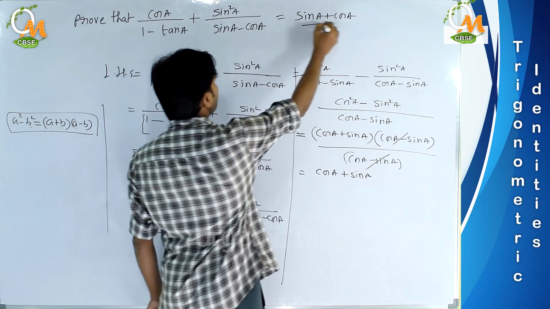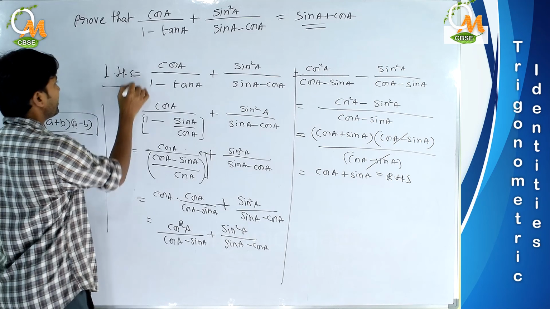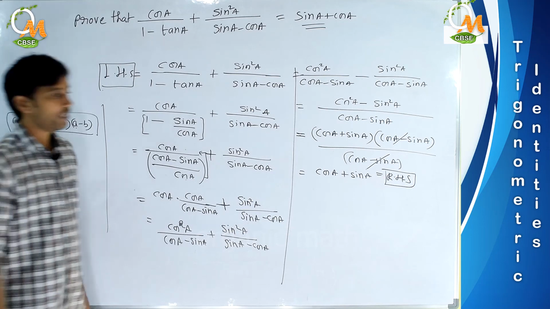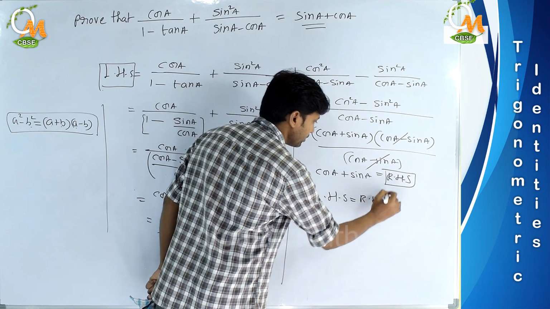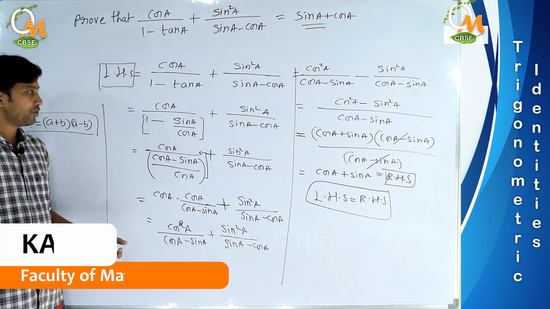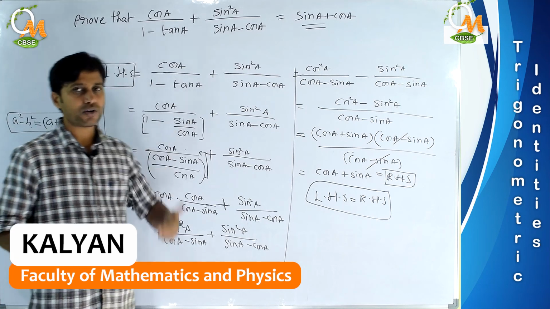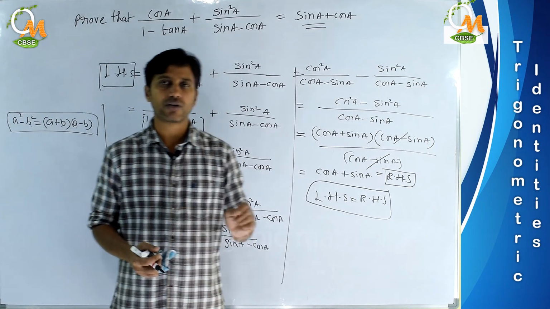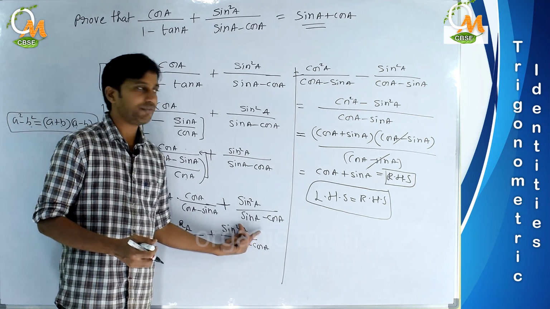So tell me, is this our required RHS part or not? Absolutely. So we took the LHS part and, on doing some process, we obtained the RHS part. So for this problem LHS is equal to RHS. Therefore the problem is solved. Understood? So this is it for this video. It's a very simple problem. By just converting this tan A as sin A by cos A, and further doing some simplification by taking the LCMs of the denominators, we simply solved it. I mean, just with a sign conversion of one of the denominators we could solve it, and we obtained the answer.